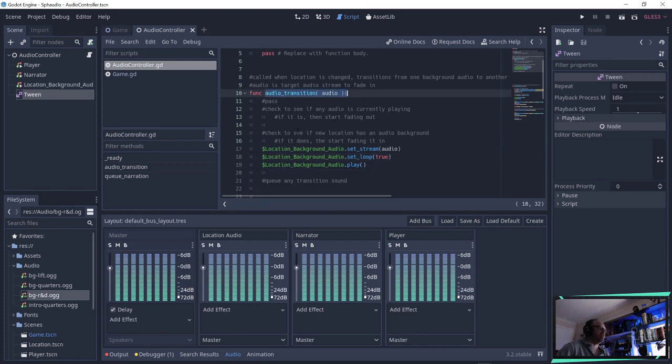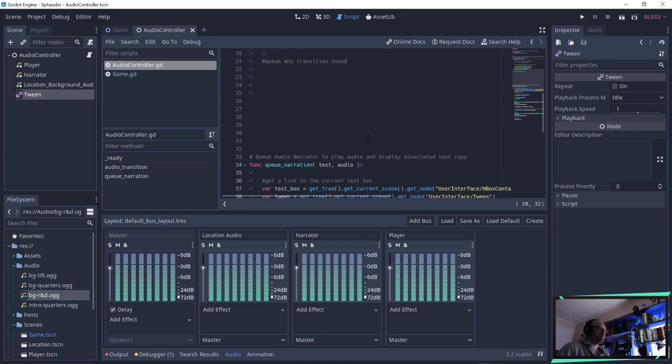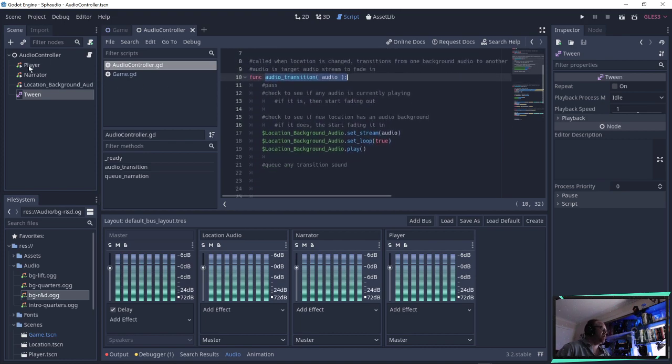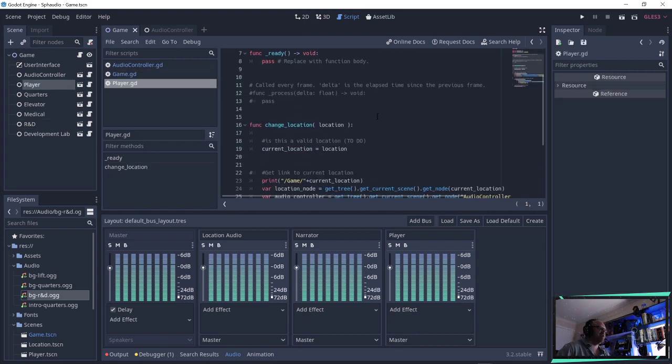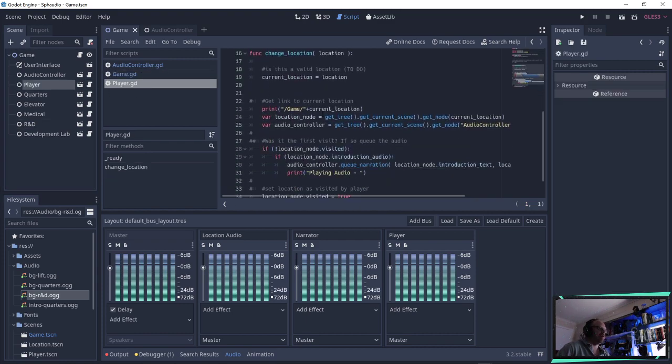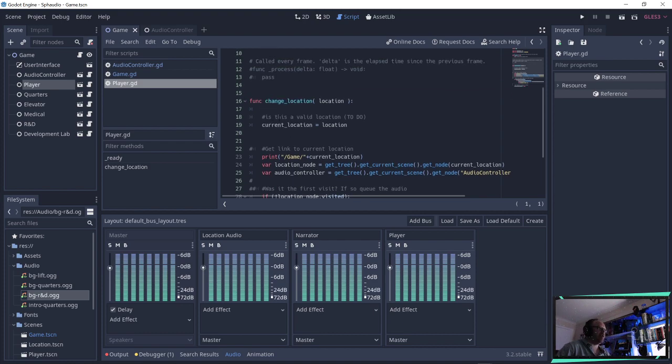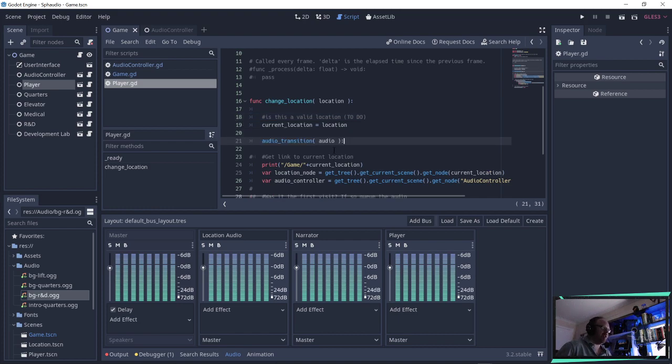It's audio transition when we change location. So where's our location change? It's in player, I believe. It's the player that changes the location. Change location. Okay. So we still need to do this at some point. All right. So what is the audio for this? Well, the audio for this will be